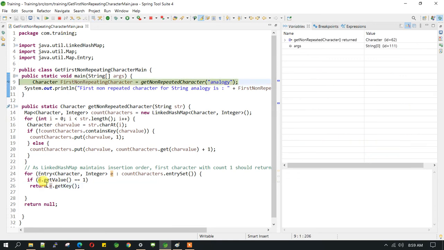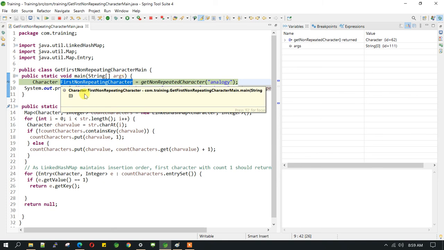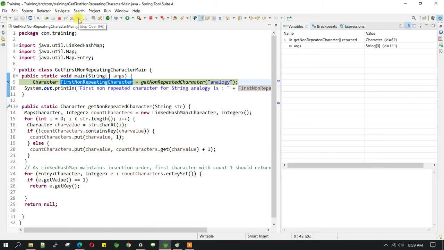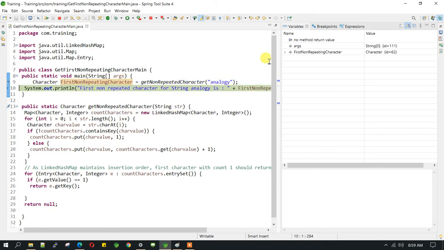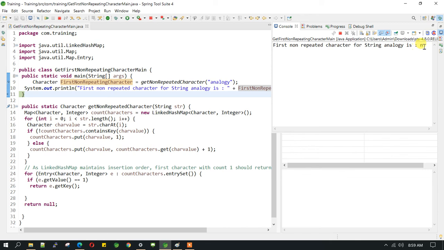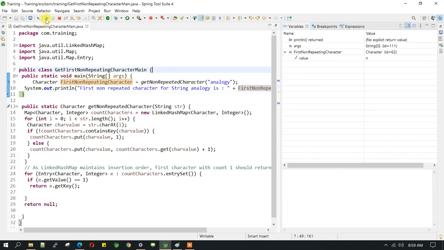So what is returned here is n, and in this line the first non-repetitive character will be assigned as n. In this line we are just printing the value. We have printed that the first non-repetitive character is n. Let me just complete the program.